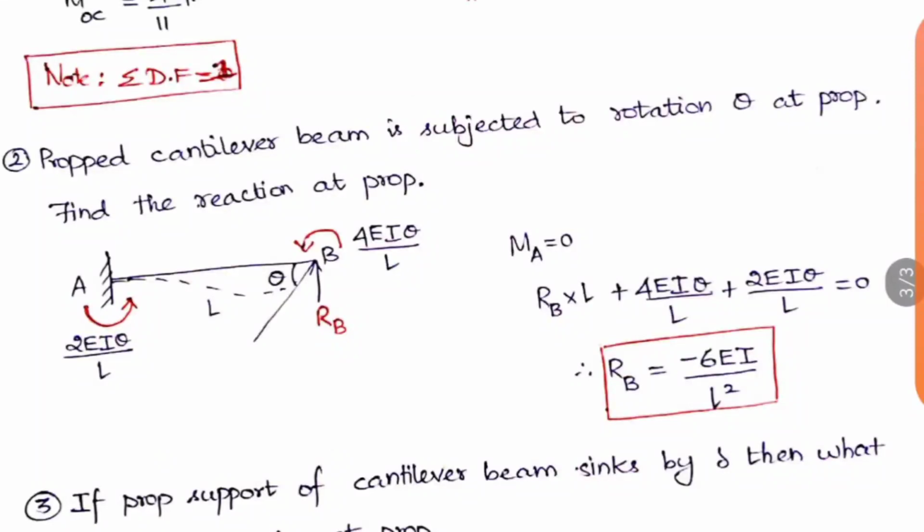Okay. So here we need the value at RB, and at B only the rotation is applied. So always apply in this direction. Okay, so now we got the rotation at the 2 points, and RB is a reaction at B. So now we can simply apply this formula, that is moment at A is equal to 0. So we will be getting 4 EI theta by L. Everything is in anti-clockwise direction, so you can directly sum it up, 2 EI theta by L. So these are the two moments at B and A, and the RB reaction gives RB into L at the point A. So RB will be equal to minus 6 EI theta by L square. Here we can assume theta is equal to 1 and you can write the answer as this.